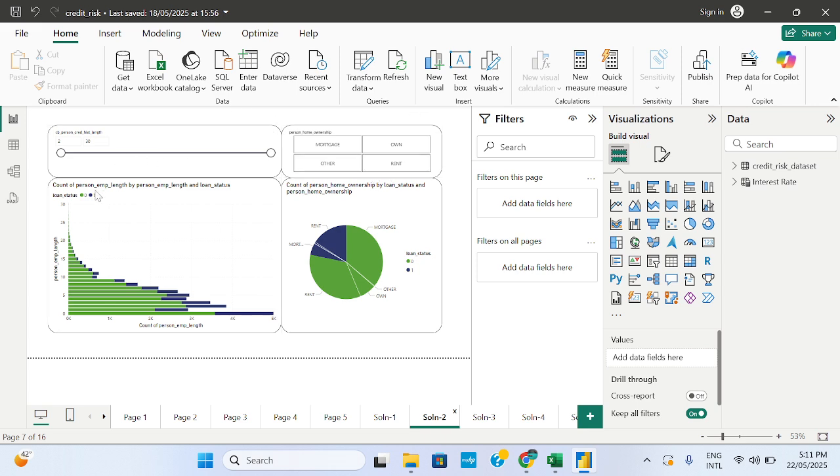So here we can see that this is question number two. They were talking about the employee length here. Here they are talking about home ownership, and higher ownership goes for loan status zero, which means that most of the people are financially stable. As the years increase for the employee length, we can see that most of the loans are being paid by the privileged sectors such as A, B, C,